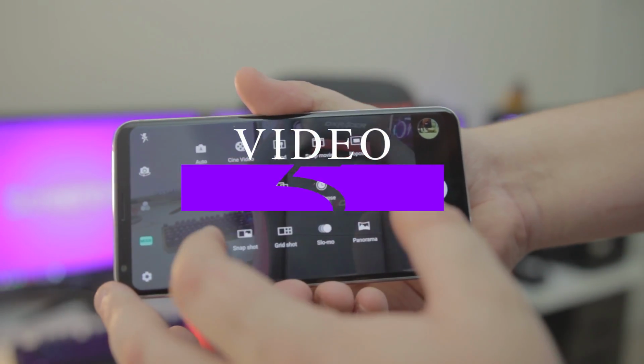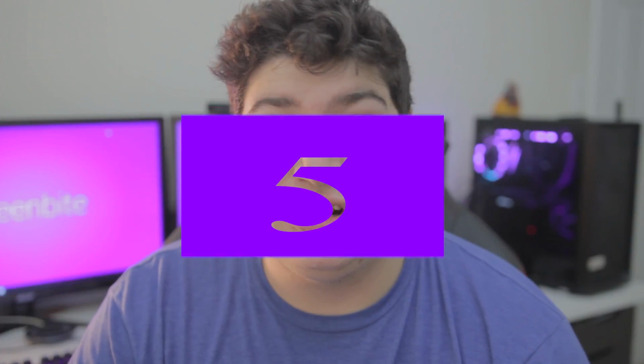Reason number 5, and I saved the best for last, the camera. More specifically, the video features of the camera. What the V30 does here is incredible. It takes a lot of cinema grade features and shoves it into the camera app in a way that's both intuitive